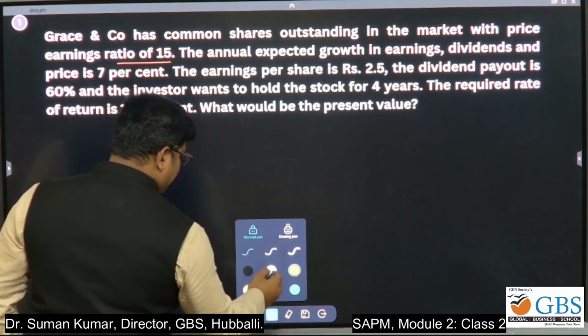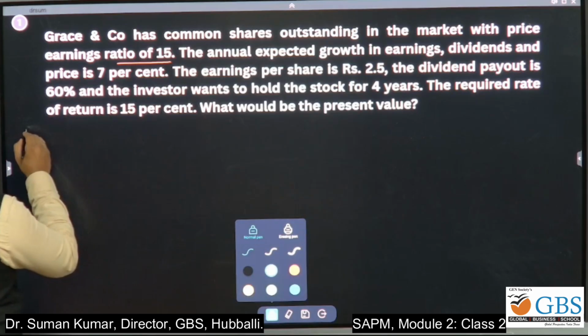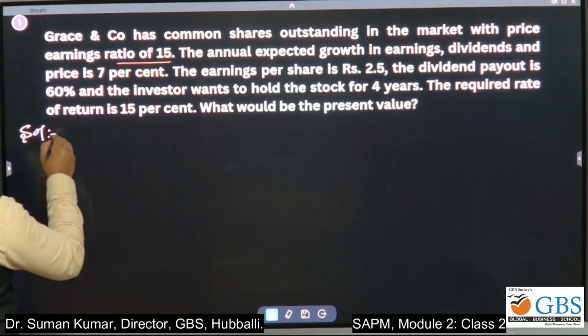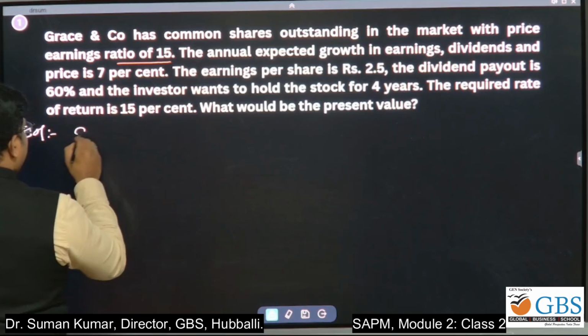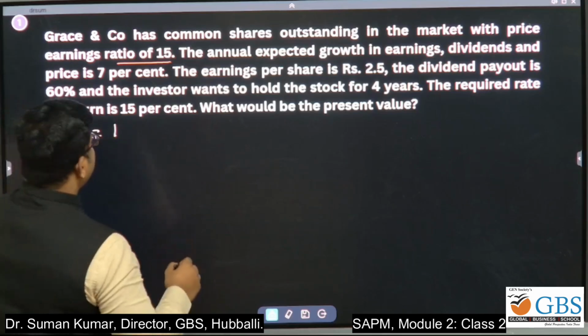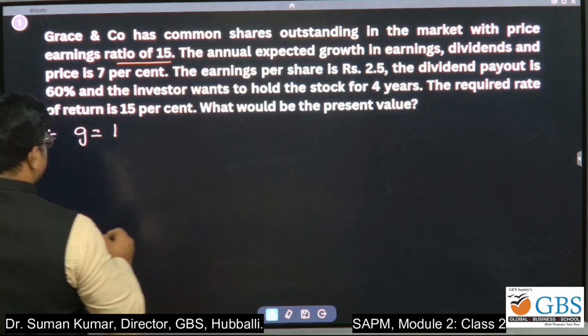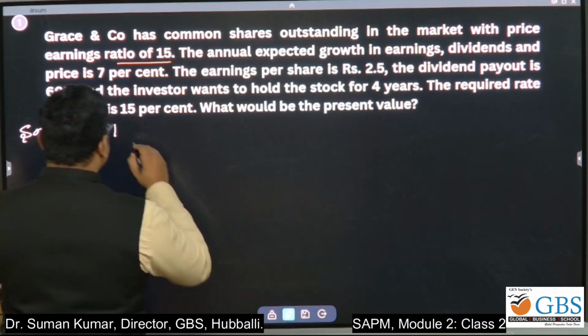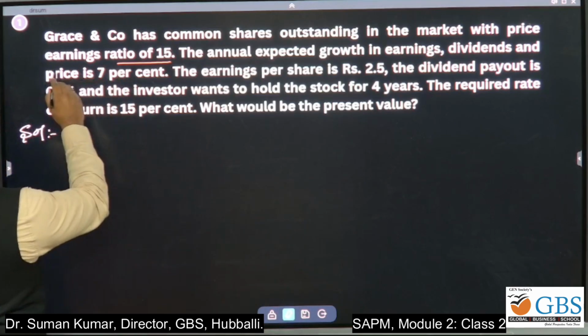So what is this? Can anyone say? Given G is equal to 7%. Yeah. G. No, what is this? Earning ratio